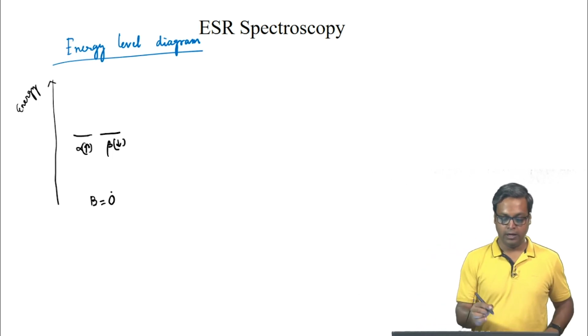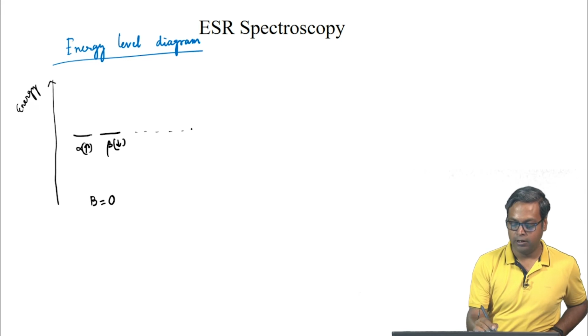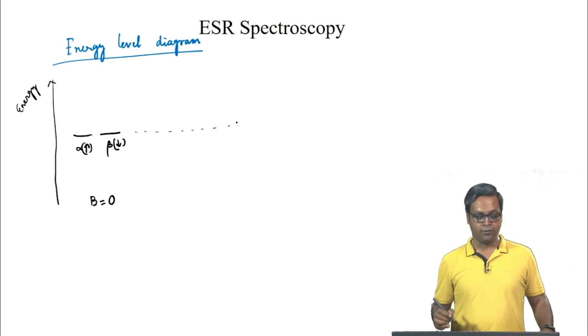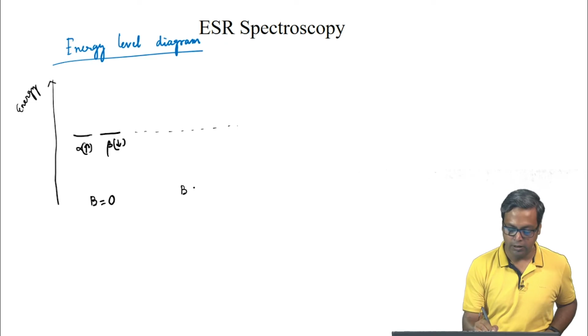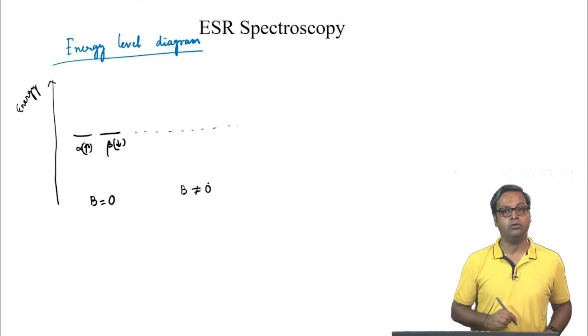However, when we have an externally applied magnetic field, that is B is not equal to 0,